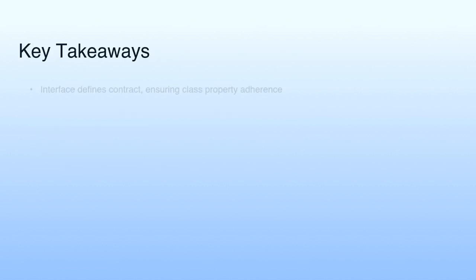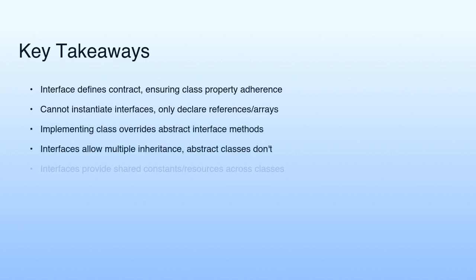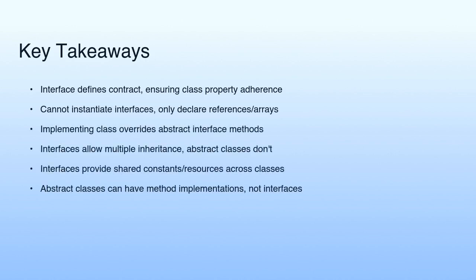In summary, an interface defines a contract that ensures class property adherence. Interfaces cannot be instantiated directly, but references and arrays can be declared. Implementing classes override abstract interface methods. Interfaces allow multiple inheritance, providing shared constants and resources across classes, while abstract classes can have method implementations but do not support